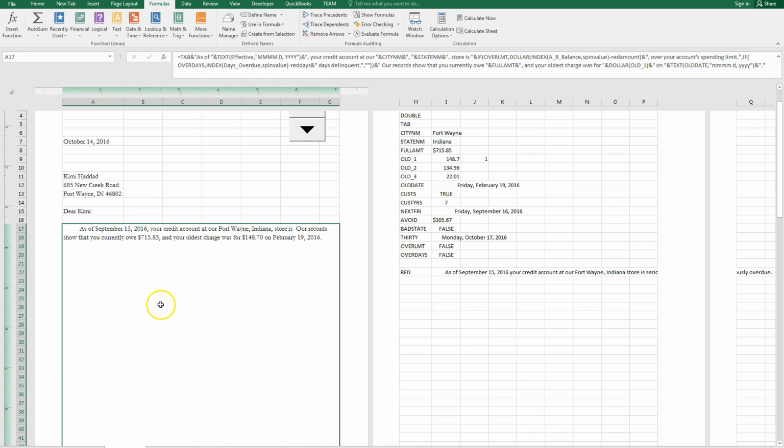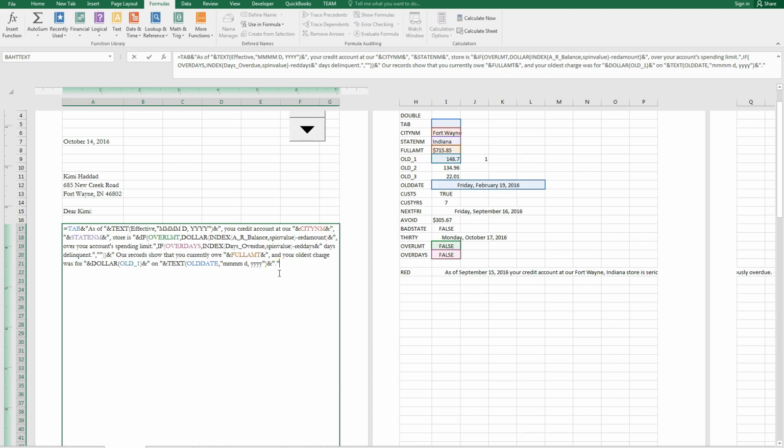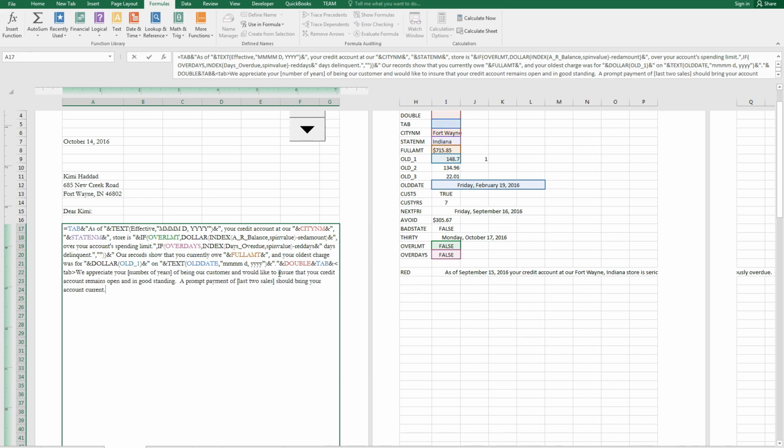go to a status letter, F2, and we're going to take a double space and a tab, and then double quote, we appreciate your, double quote, and cust years, and double quote, we need the word years here, so it'd be, years would be like 7 space years, of being our customer and would like to prompt payment of